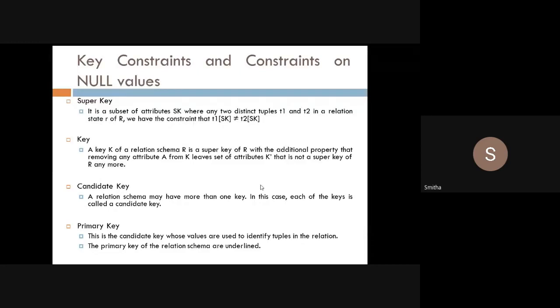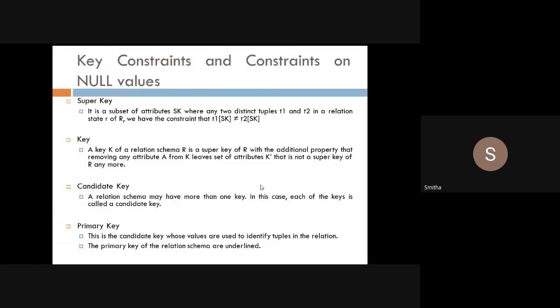Instead I will use capital R, small r, capital A. For domain I will use D. For the set of domain of a particular attribute, I'll use dom of A. So you have to remember those terms.